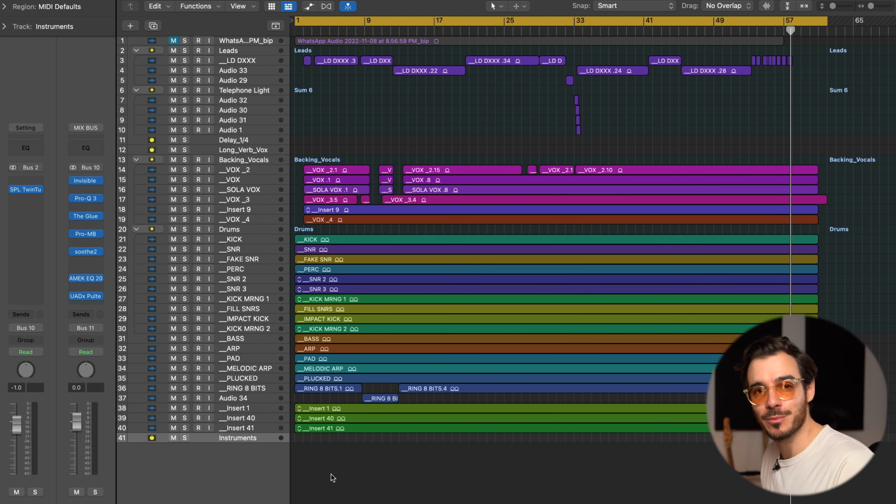Now in Logic you have very similar functions. You can hover over the audio region, wait until the bracket comes up, hit Option, and then flex it, make it longer or shorter, just like in Ableton. There are also some awesome different flex time options, including Tempophone, which has this very unique characteristic.